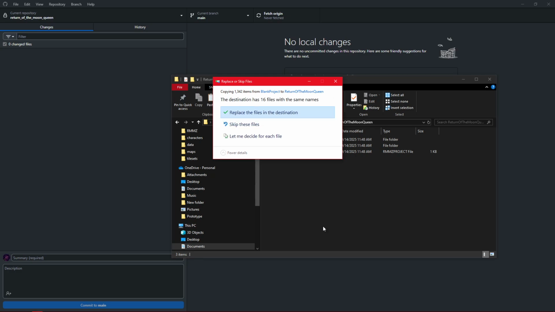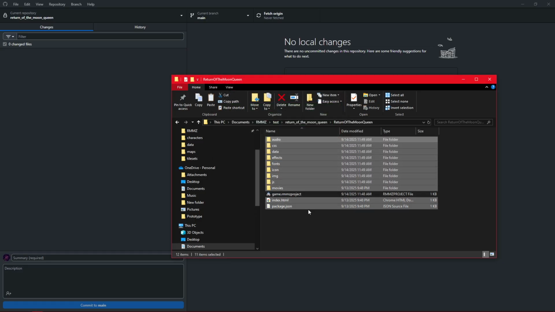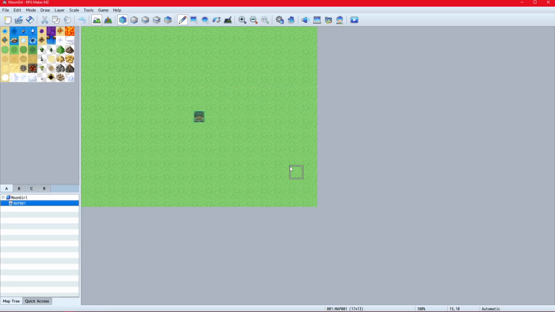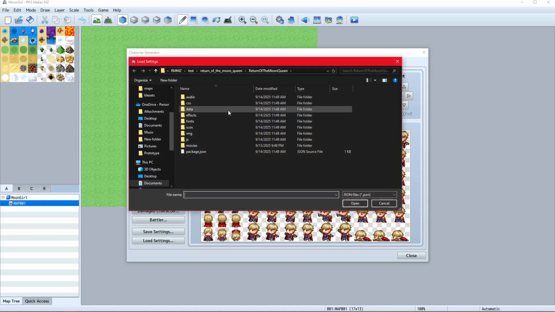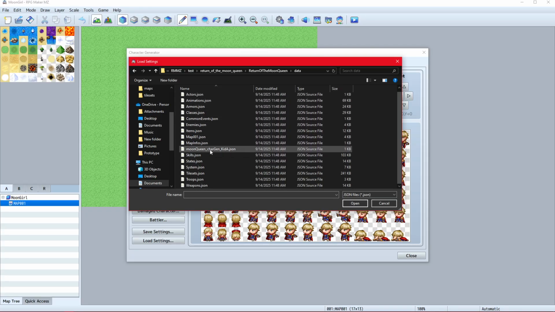And then when you paste it, it's going to be like, hey, there's some things that are the same. And we're going to skip that. We're going to skip those files because we want to keep the changes that we made. So now, if I open this, here's my project with my characters that I randomized. So let's see, I saved all my character JSON in here because it's